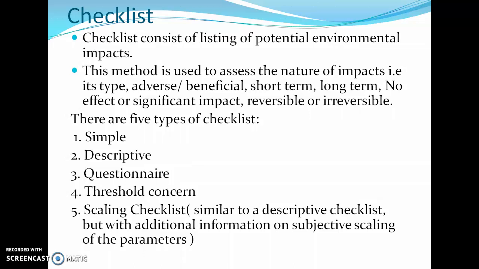That means 10 will be the threshold value for that particular impact parameter, and the actual value after assessing all the things would be 8. So 10 is the maximum, and we are assigning that particular parameter a value of 8. And last is the scaling checklist. It is similar to the descriptive checklist, but with additional information on subjective scaling of the parameter.